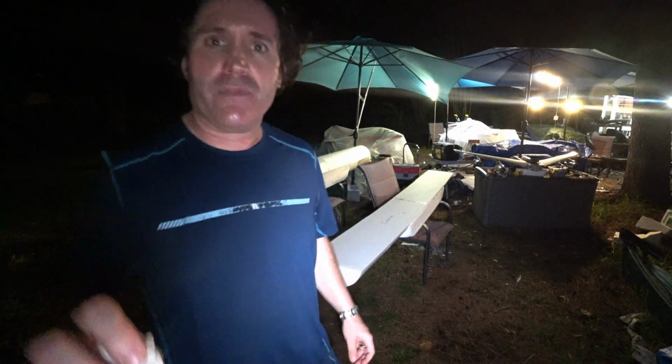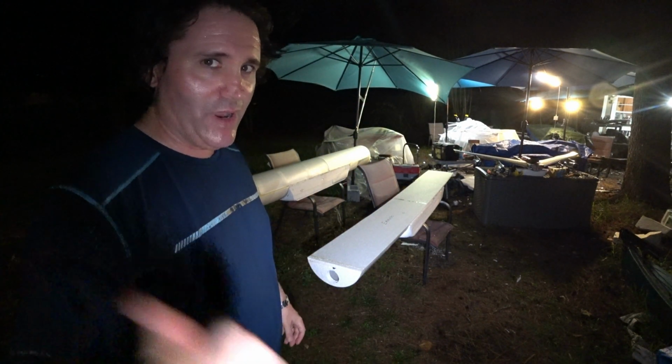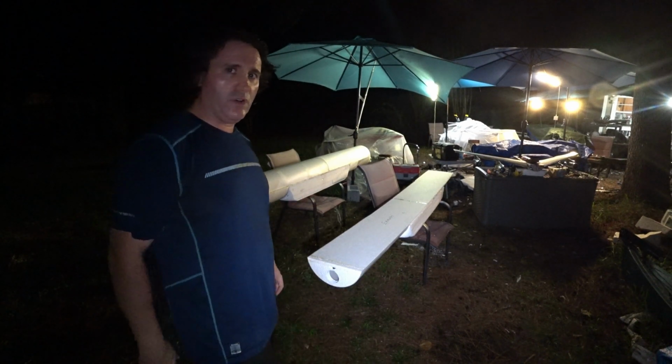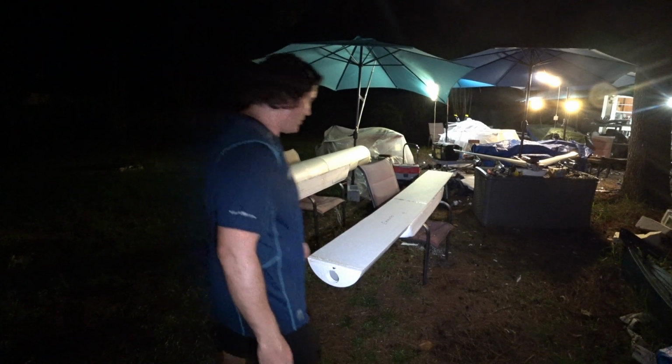I have to keep brushing off the camera because the camera keeps getting fogged over since it's so humid tonight. So I'm going to have to keep doing that. I had my other camera and that would get fogged over within like 5 minutes. So, but let's look at the Emirates